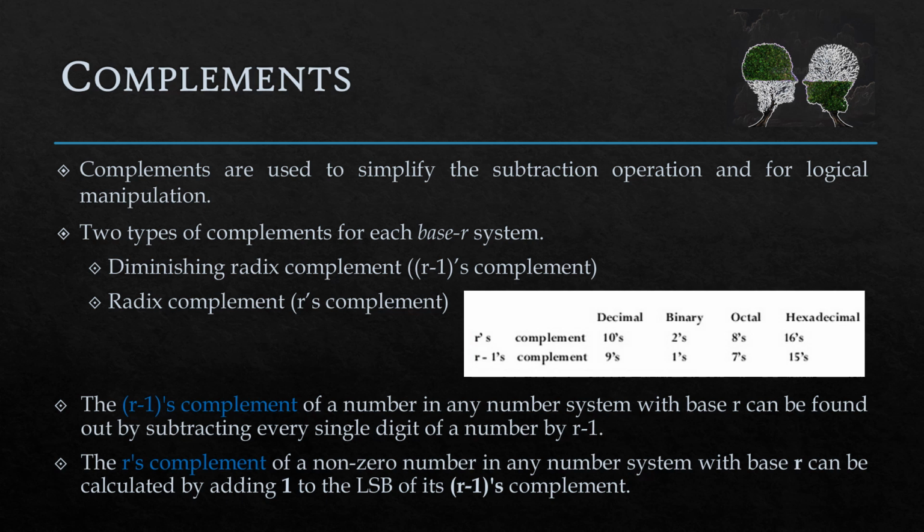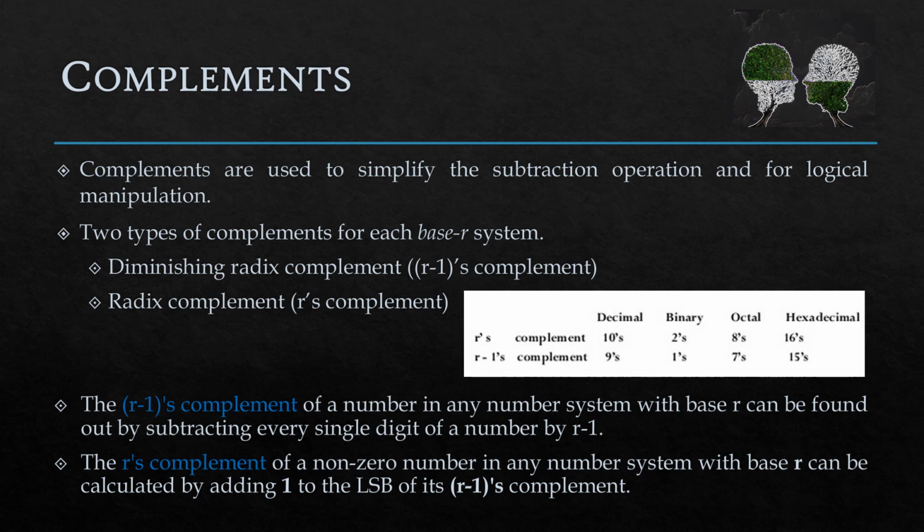Another method for representing the signed number is using complements. Complements are used to simplify the subtraction operation and for logical manipulation. So using these complements, the subtraction operation can be much simplified. Okay, and we'll be having two types of complements for each base R system: diminished radix complement system and radix